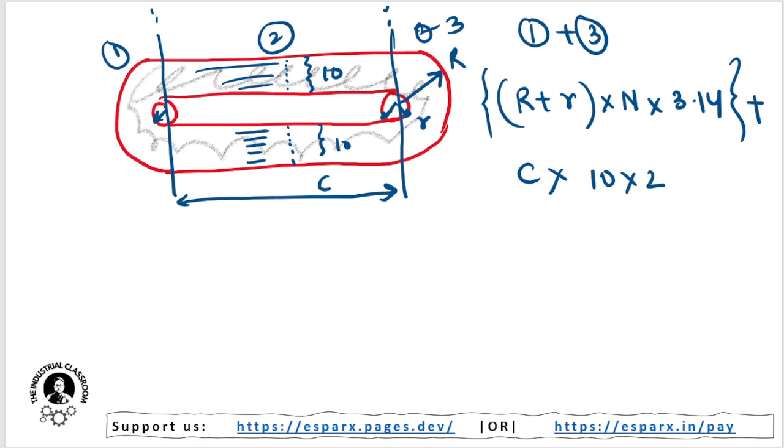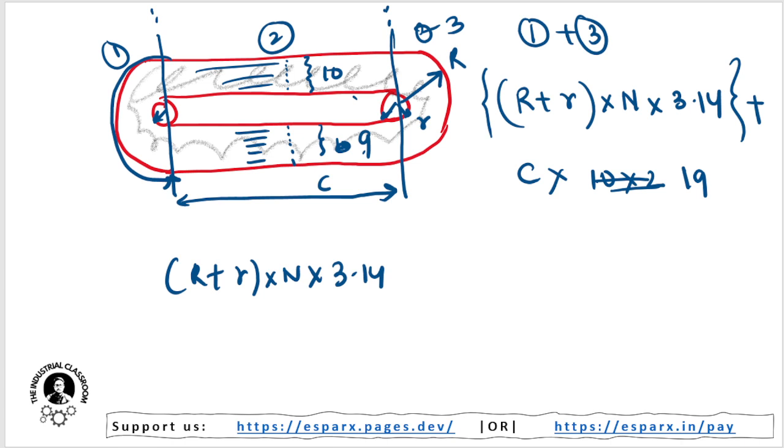Okay. But in some cases, you might find that the belt roll comes and it ends here. So here you will not count this turn. Remember, you will not count this turn. You will take 10 plus, here a roll will be less, so here it will be 9. So you can count it as C into 19, 10 plus 9, rather than C into 20. So now the total formula becomes R plus r into N into 3.14